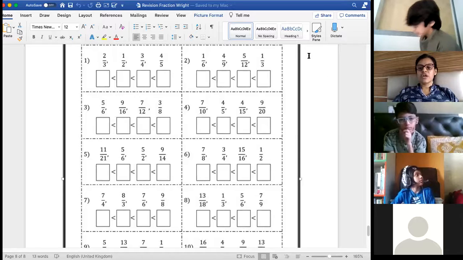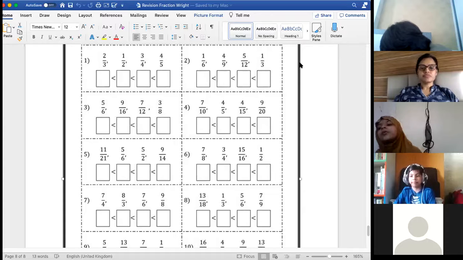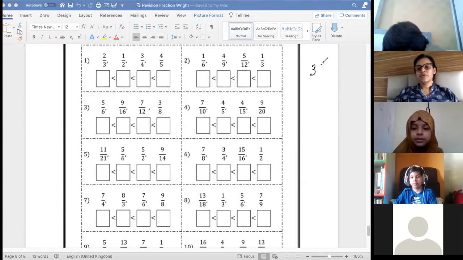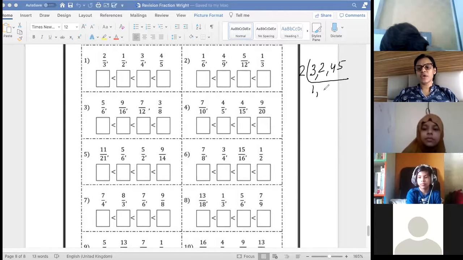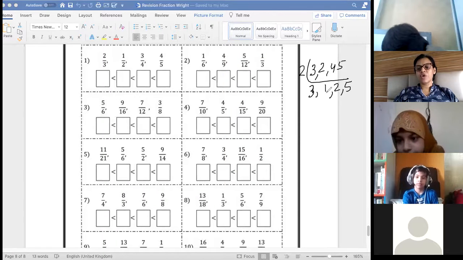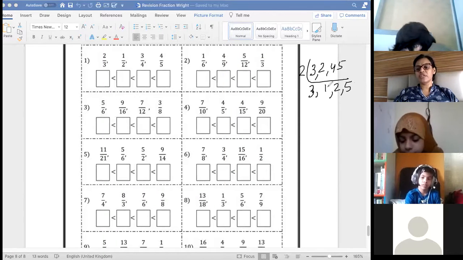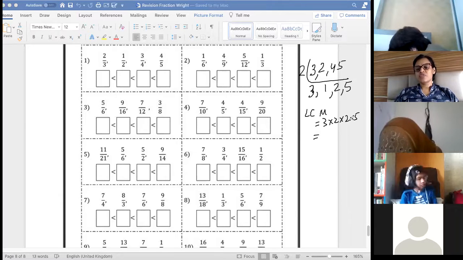So find out the LCM of 3, 2, 4, comma, 5. You can start with 2, because 2 divides some of them. So 2 ones are 2. Sorry, 3 remains here. 2 twos are 4, and 5. All are prime numbers only; you don't have any other divisor. So your LCM is equal to 3 into 2 into 2 into 5. 3 twos are 6, 5 sixes are 30... 5 twos are 10 and 60. Am I correct? 60 is the LCM.